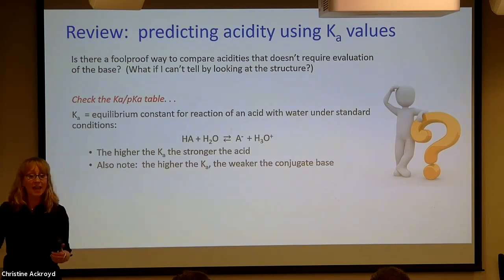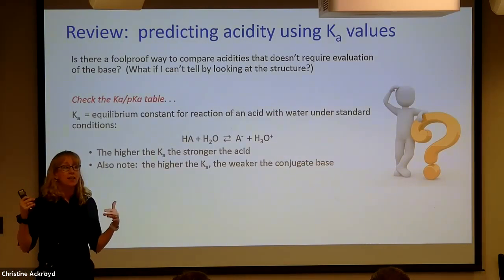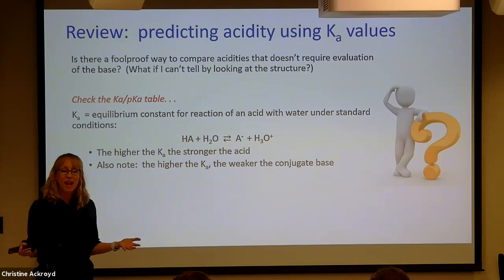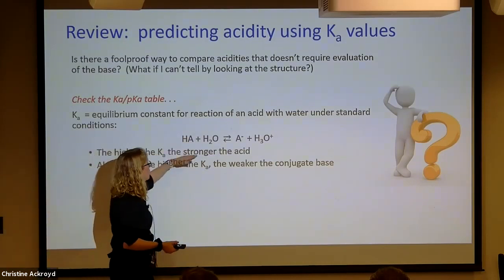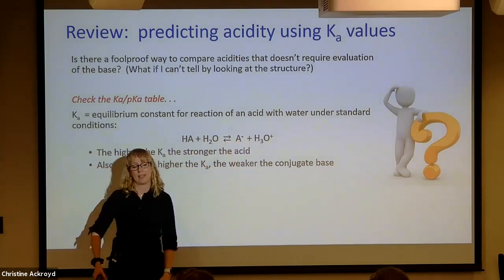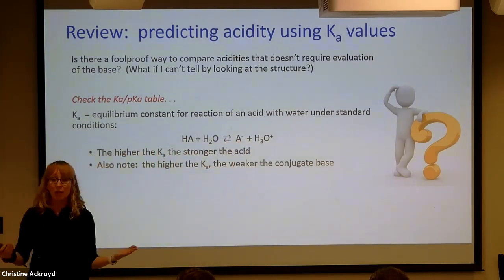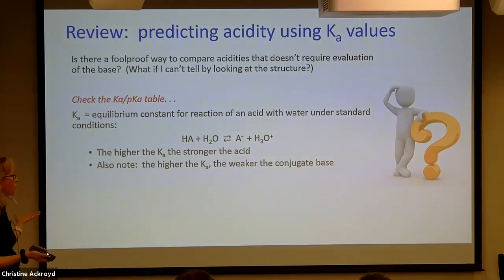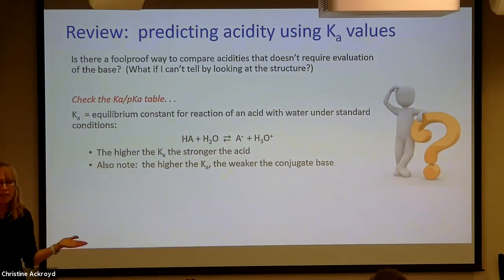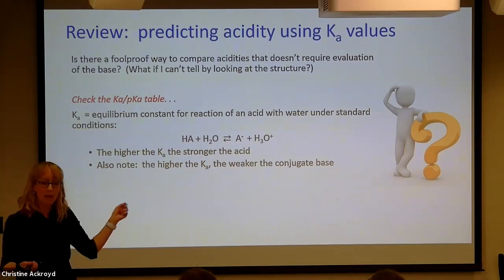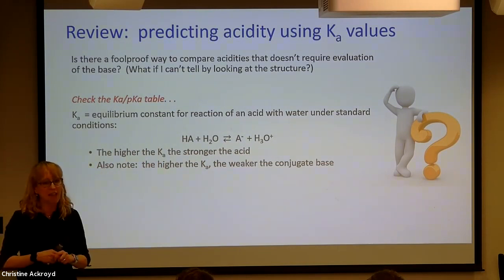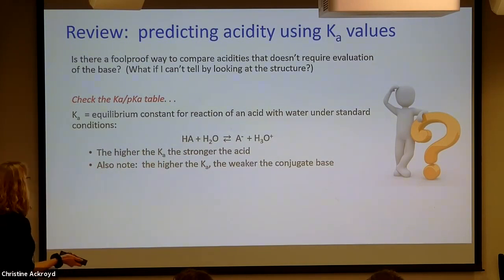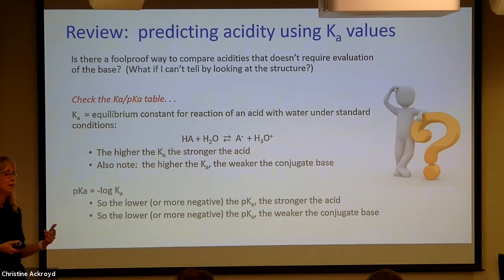Okay, so the Ka tables all are based on the reaction of that acid with water. So you take the acid, react it with water to form conjugate base and hydronium. And we have equilibrium constants for that reaction for huge numbers of acids. We call the equilibrium constant Ka, and all the unit 2 trends apply. So the higher the Ka, what happens to the equilibrium? Farther to the right. So what does that mean about the strength of the acid? Stronger, yeah. Okay. So pretty much the bigger the Ka, the stronger the acid.